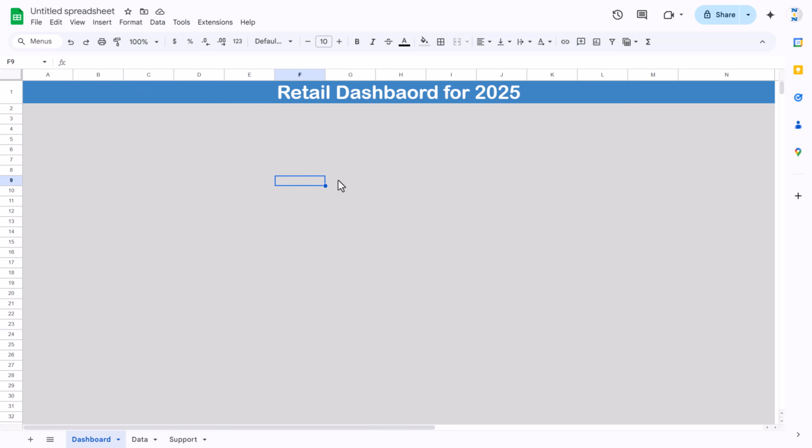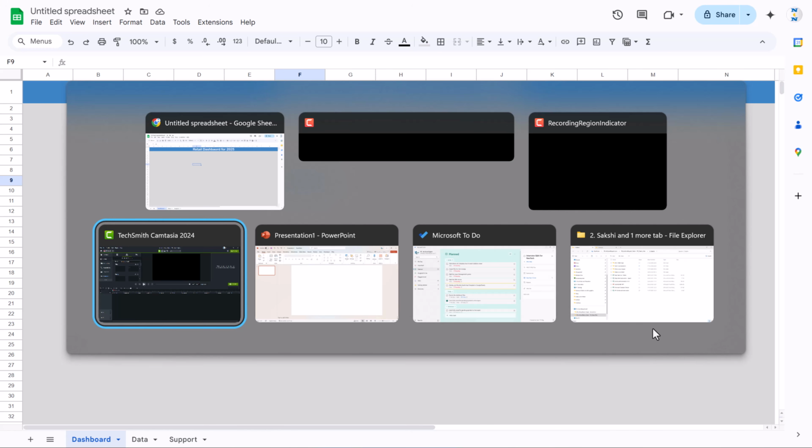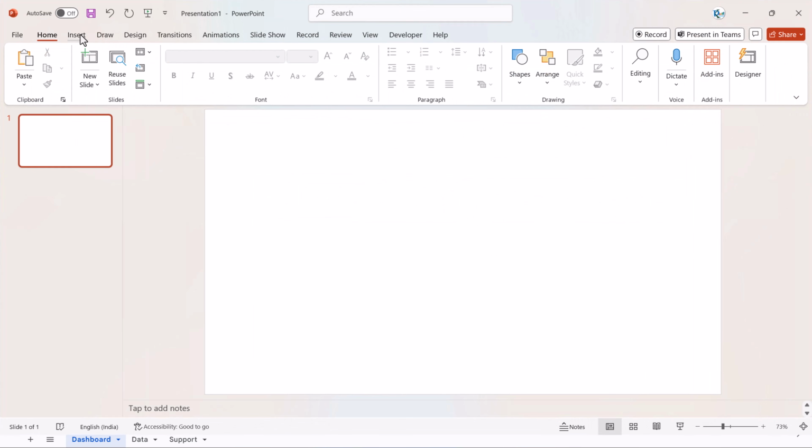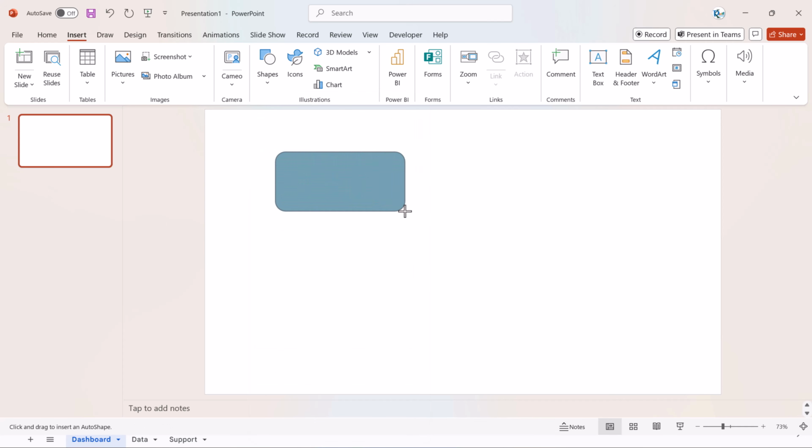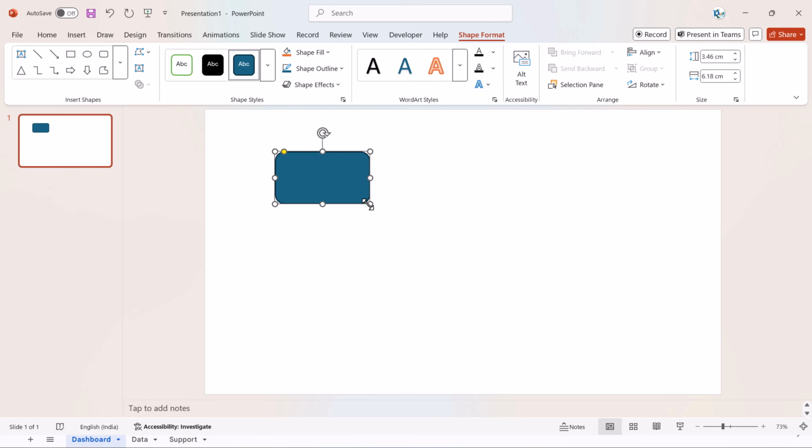So we will use Microsoft PowerPoint here, and let's move to Microsoft PowerPoint. Let's insert a shape here. We will take this rounded corner rectangle and just drag the rectangle here. The first shape we will create a little smaller like this, and pick the yellow handle and move it to the left-hand side